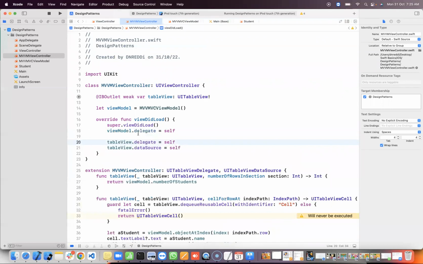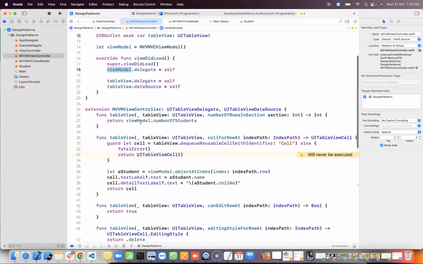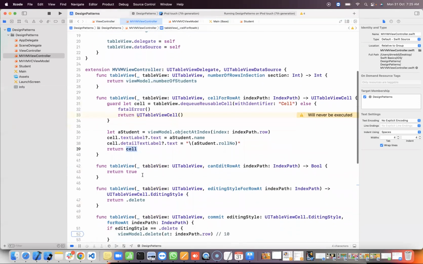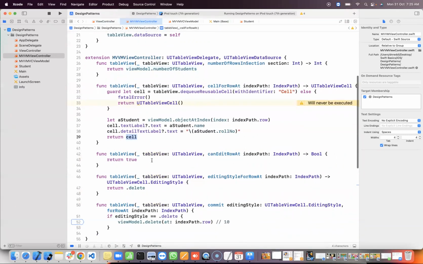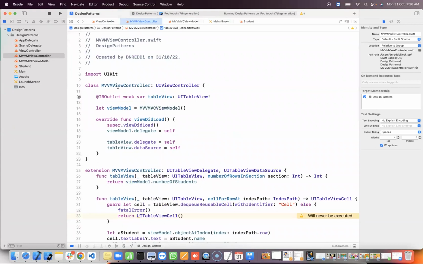Okay. Same thing, whatever we did for the view model, we are doing for the table view. What happens when the table view wants some information? The table view asks the view controller: how many rows do you want to display? View controller, provide me a cell. The user tapped on such and such row. What is the editing style? Here, if you see, we are using